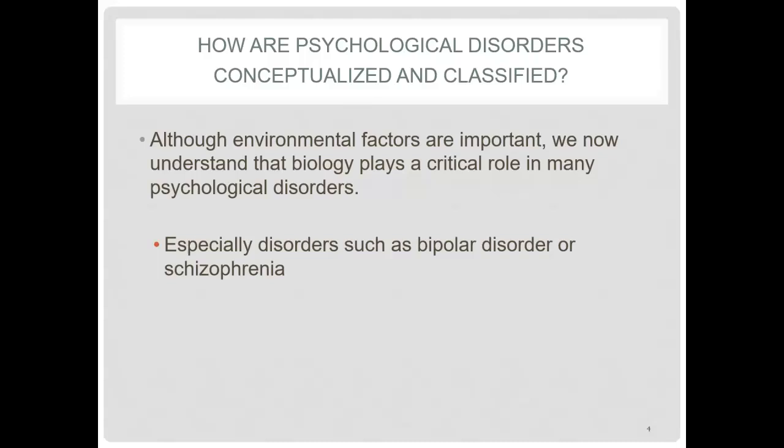Something that's been really fascinating that's been discovered is that the disorders bipolar disorder and schizophrenia are highly heritable. The genetic predispositions for these two illnesses are huge. What does that mean? That means that if someone in the family has bipolar disorder, someone else does too. The person may not be diagnosed,